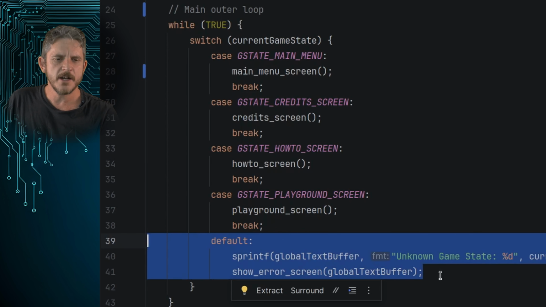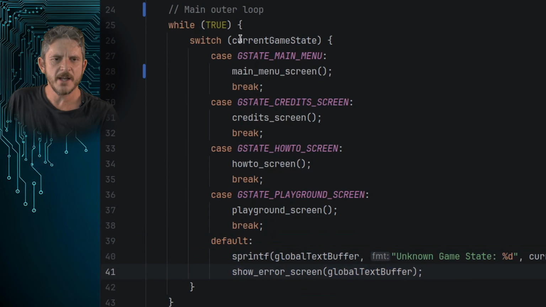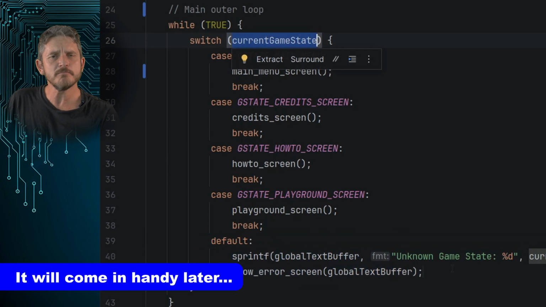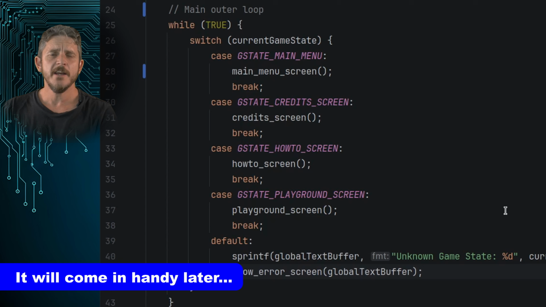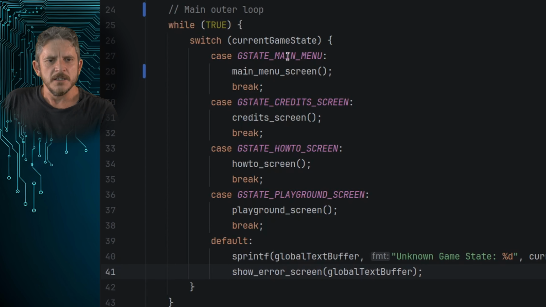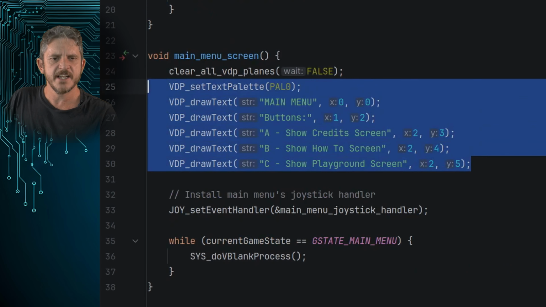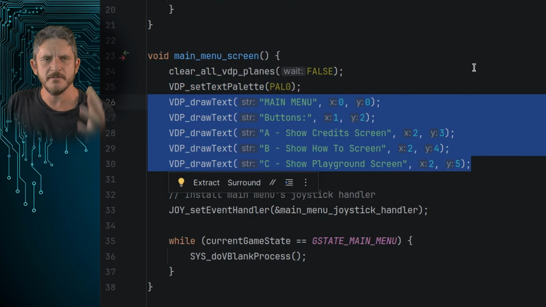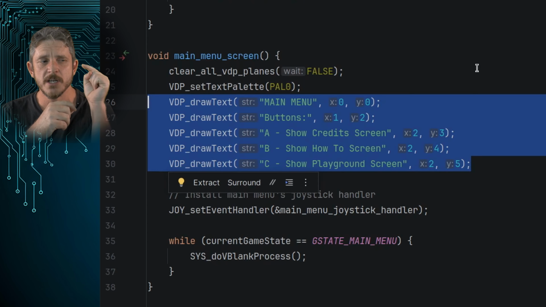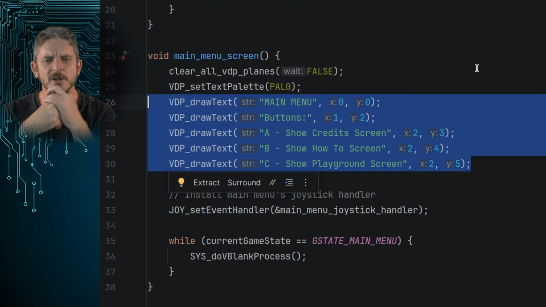Now one could argue that I could probably remove this default fallback where we check the game state. I might leave that there for now. Okay, well, what next? Let's go and make our menu screen a little bit more interactive, shall we? So we'll go over to main menu.c. Now what I'd like to do is replace this static text that tells you push this button for X, Y, and Z with a cursor that we can move up and down with the D-pad on the controller